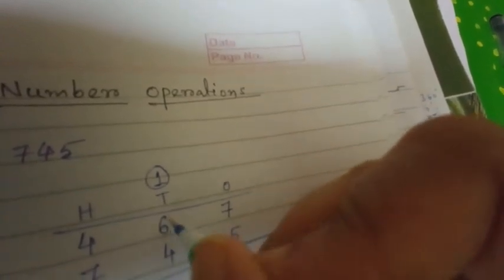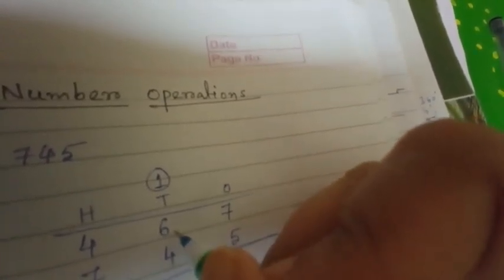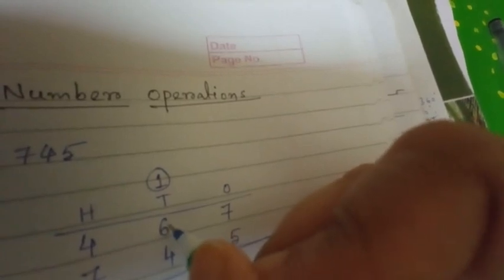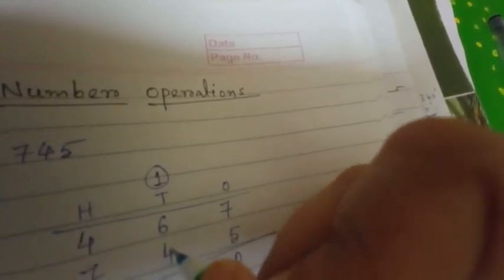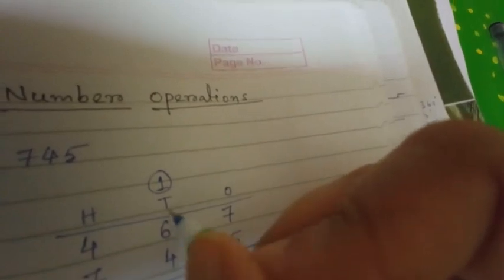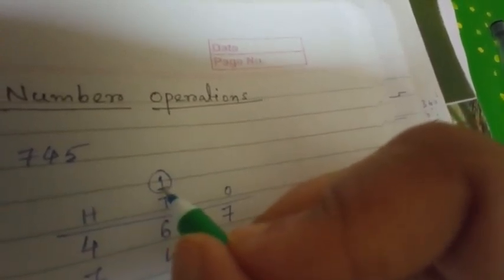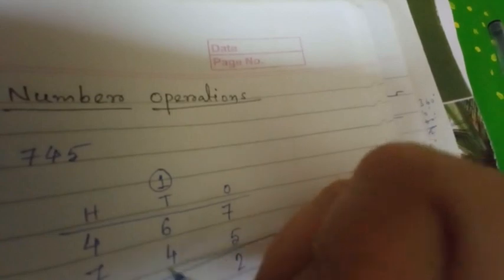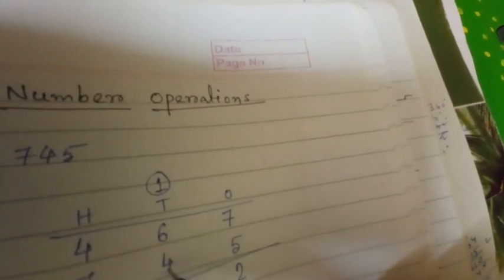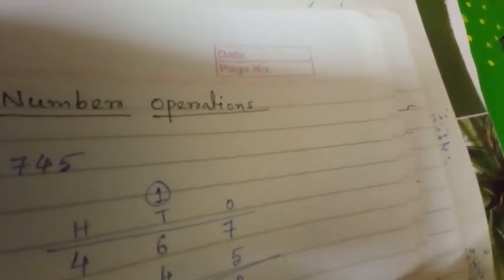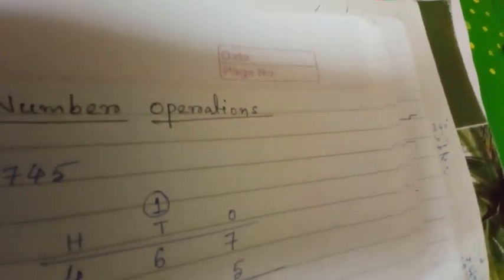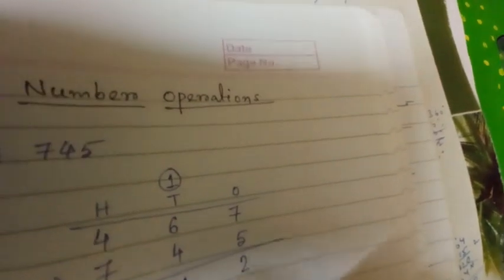Okay. So in the ten's place you see in the first number the digit 6 is in the ten's place, and in the second number the digit 4 is in the ten's place, and one carry is here. So this carry you have to add with these digits. So now you start doing the addition. 6 plus 4 will be 10, plus 1, so it will be 11. So you write down 11, 1 is here, and that 11 is also a 2-digit number.